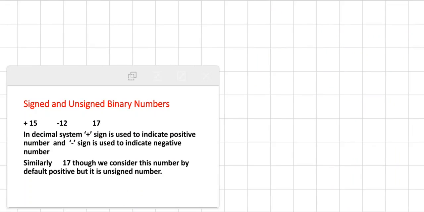Now we are going to talk about signed numbers and unsigned numbers. Friends, we already know, if I write here some number, suppose this is 12, it is a decimal number. When we talk about this number, we take its magnitude as positive. That means it's a positive 12, though the symbol is not written. If I write here plus 12, it is a positive number. If I write minus 12, it is negative, and normally we write only 12, so it is treated as a positive.